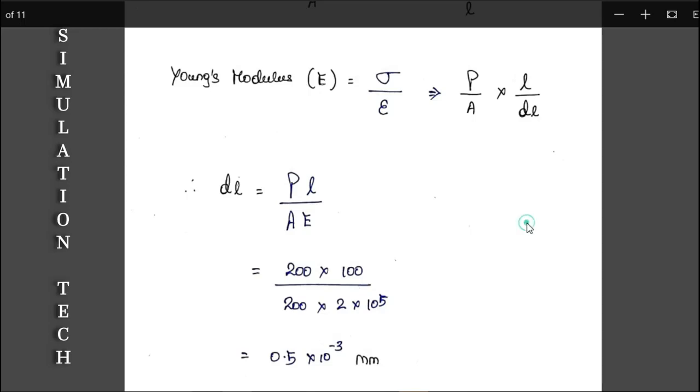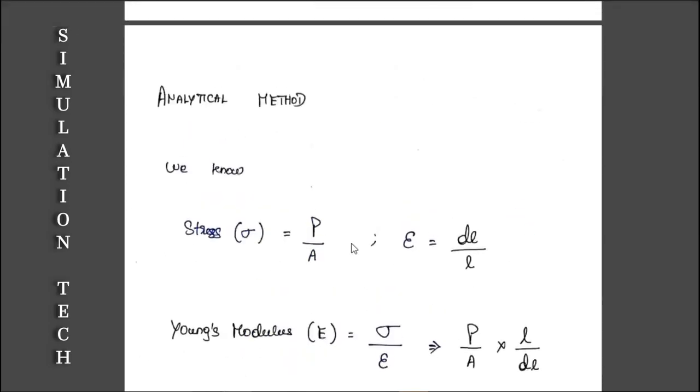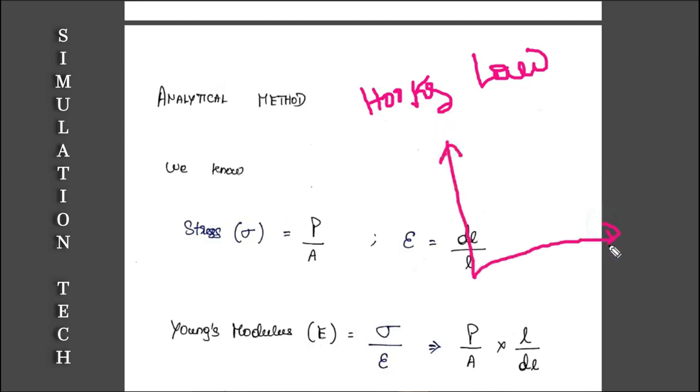We already know the relation between stress and strain, Hooke's law. What is Hooke's law? Stress is directly proportional to strain within the elastic limit. When we plot a graph between stress and strain, it looks like this. We have points A, B, C and D. D is called the fracture, A is the starting point, and B is the ultimate tensile point. In a later session we will discuss that particular curve.